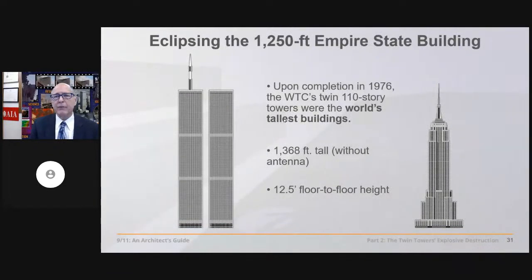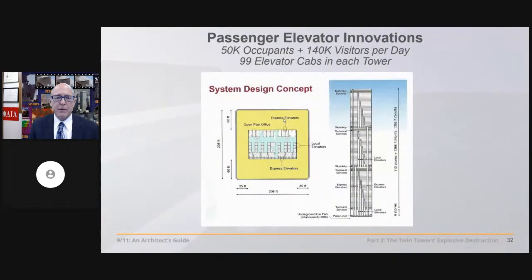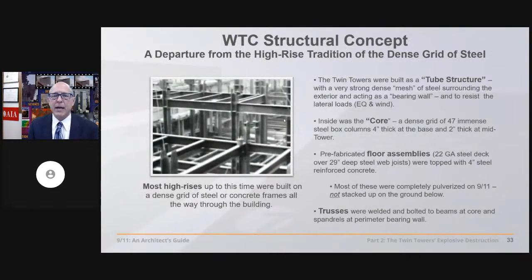Incredible innovations occurred with regard to these towers, starting with getting 50,000 occupants in each of these towers to their destination up there, which wasn't easy. 3 tiers of elevators with 100 cabs in each of these towers. An extraordinary achievement, really, brought on by the massive size of these buildings. But even more so is the engineering achievement that we see in these buildings.